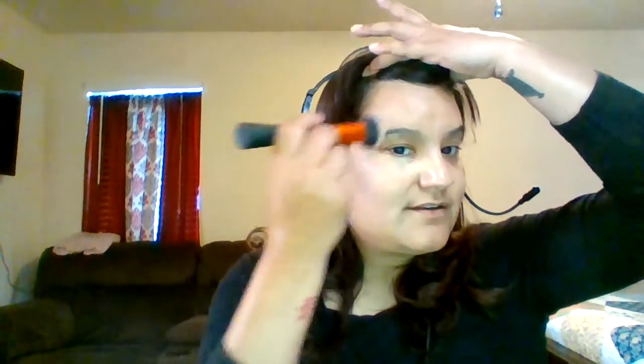What I do is I put some on my brush, then I tap it around because I don't want to put a lot of makeup, like I said. So I was trying to tap it around. I think it picks them up. So that's basically how I get it. It does have product everywhere, but we'll just start tapping it onto our face